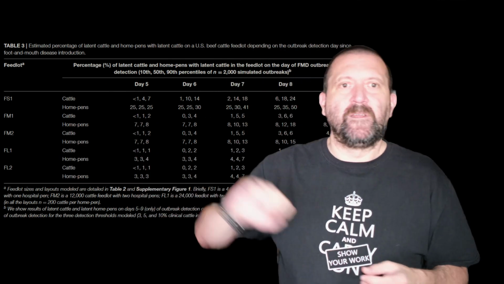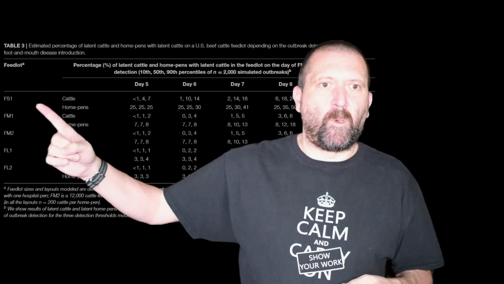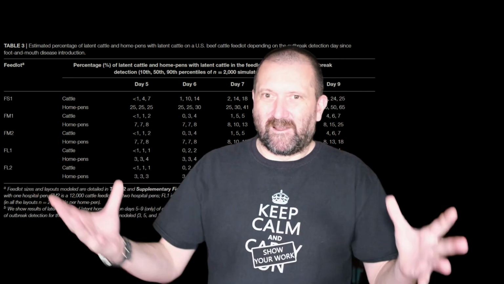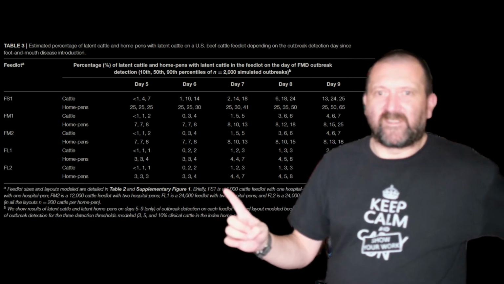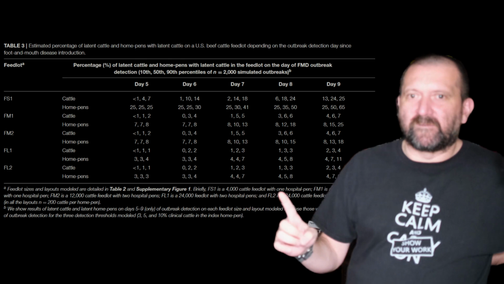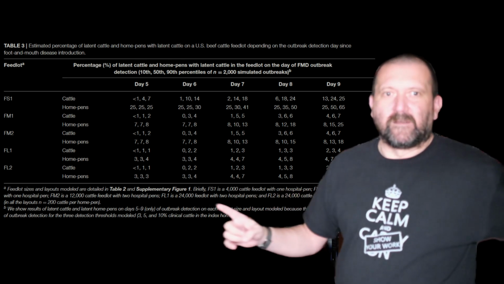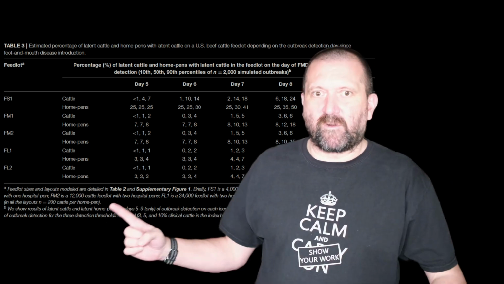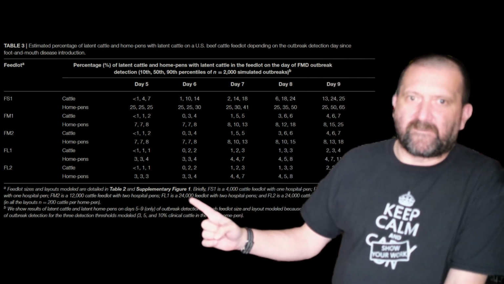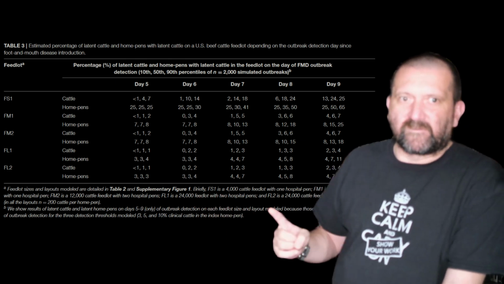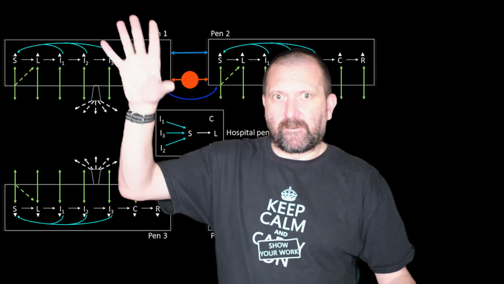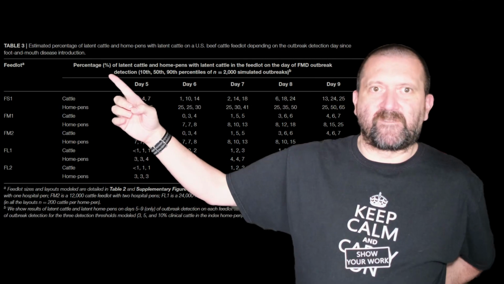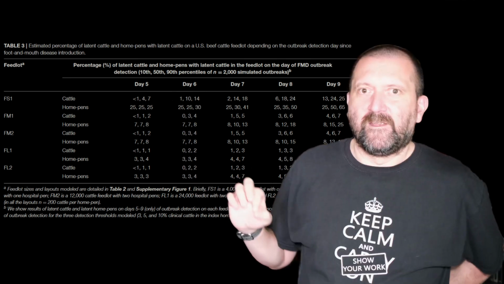So what they did is they considered a variety of situations. They have small herds, medium-sized herds, and large-sized herds. I mean farms. You can see here, for example, FS1 is 4,000 cattle, a feedlot with one hospitalized pen. FM1 is 12,000 and one hospital pen. FM2 is, well, if you have more hospital pens, etc. And the large ones are 24,000 with one, with two, and 24,000 with four. So in these configurations you have a different number of pens and hospital pens. What they're looking at here is, for example, the percentage of cattle with latent infections